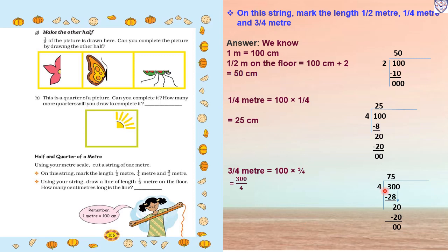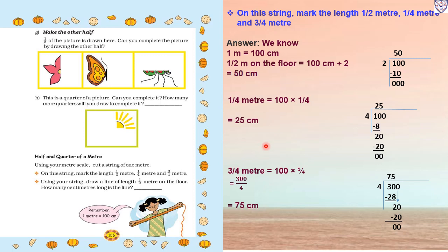So first we will take 2 digit 30. In 4 table when 30 will come, it will not come. So we will take a smaller number, 4 7 is 28. So 30 minus 28 we will get 2, and 0 we will carry down. So it will become 20. In 4 table when 20 will come, 4 5 is 20. So how much centimeter? 3/4 of meter means 75 centimeter.